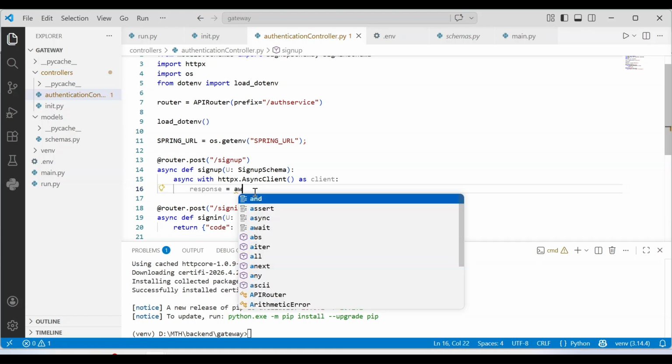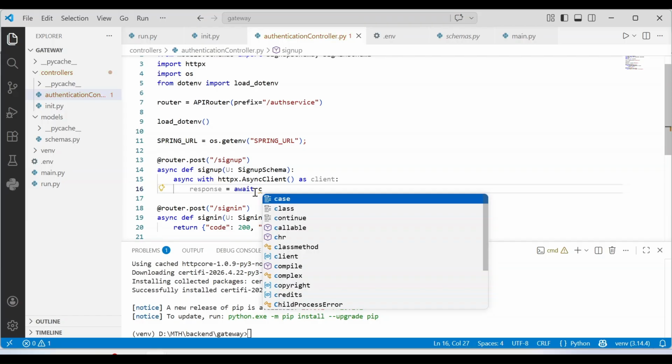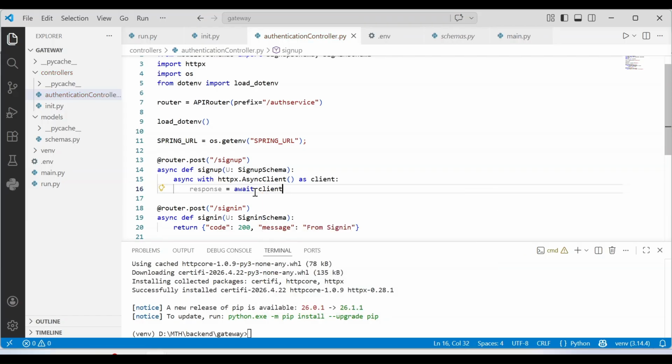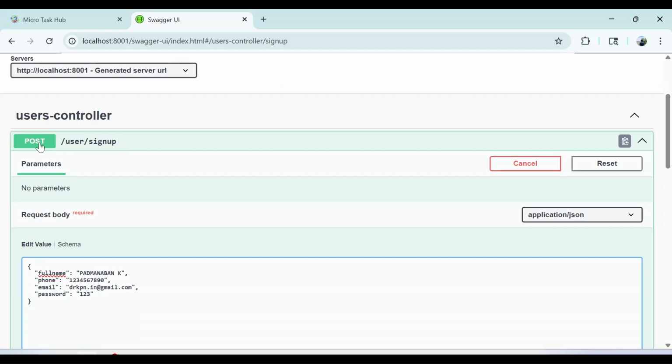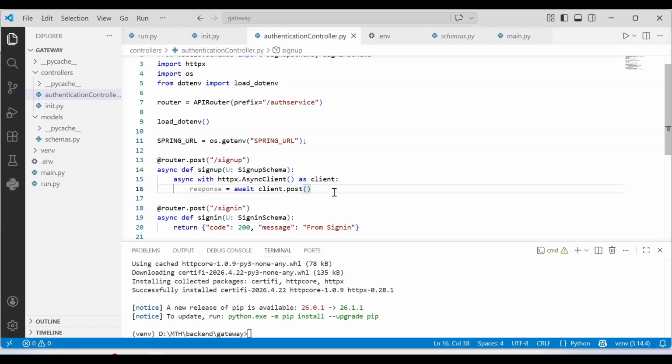Response equal to await, followed by the name of the object client dot post. This will take two parameters. One is the complete URL of the endpoint and another one is the input. So this is the URL of the endpoint, base URL followed by /user/signup. The base URL is available in the variable Spring URL. So we can use Spring URL, and concatenate the remaining part of the URL, /user/signup,